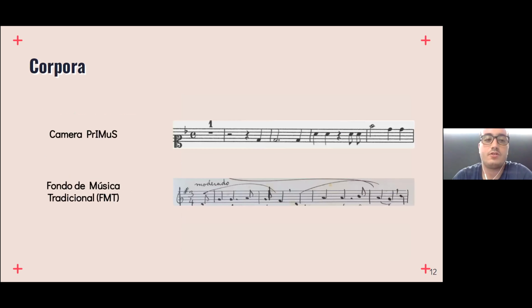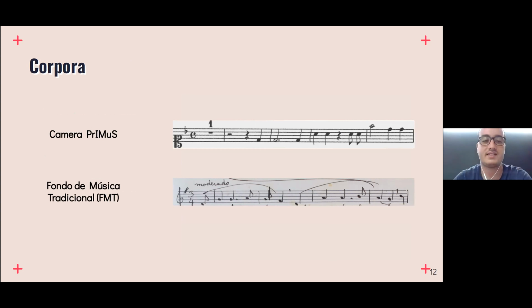So the corpora used for this experimentation were in modern notation. We used first the Camera-PrIMuS dataset, the printed image music samples from the PrIMuS dataset, because we wanted a printed music dataset to get our results and say whether the systems were working correctly or not.